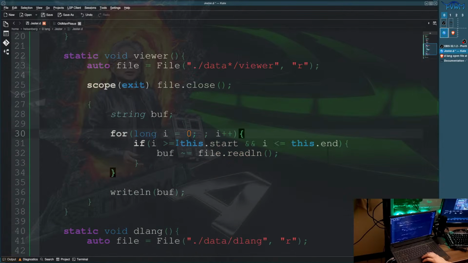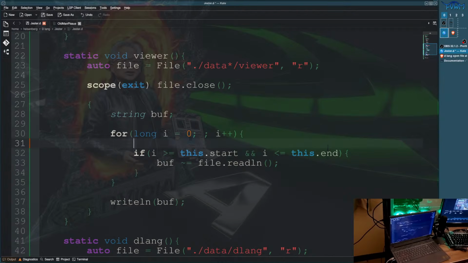Anyway, me thinking through the problem is eating my brain. So if we have this start, we also need to have an if statement: if I does not equal start,